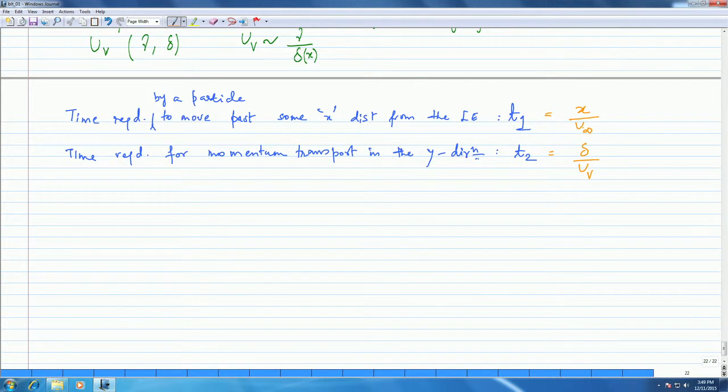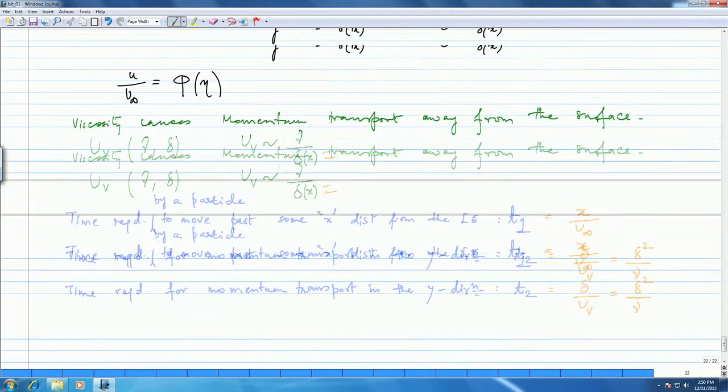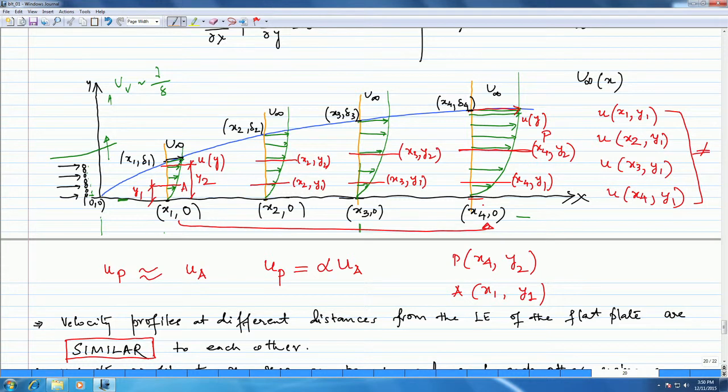Now, again, uv is something that we said we could write like this. So therefore, this ultimately becomes delta squared by nu, right? So if I take a particle, the total time that will be required for the particle to go from here to here is basically free stream, right, and